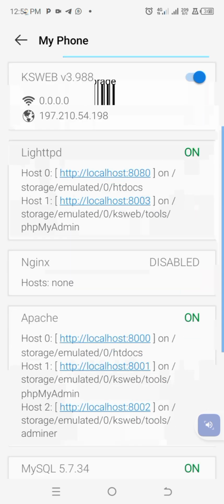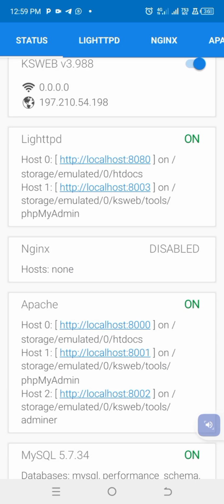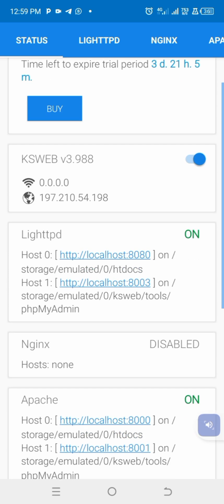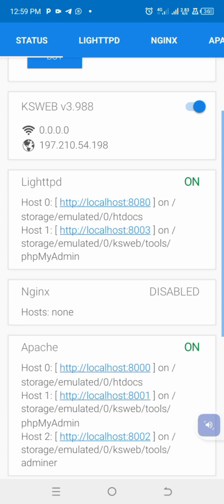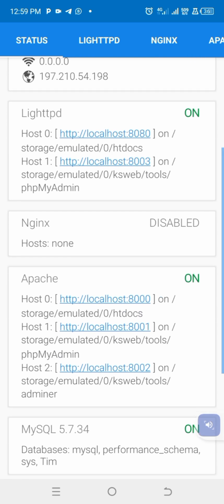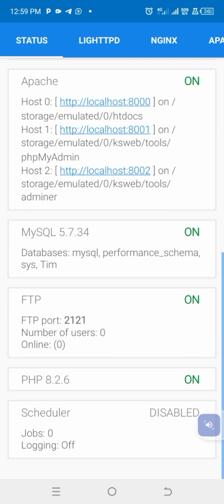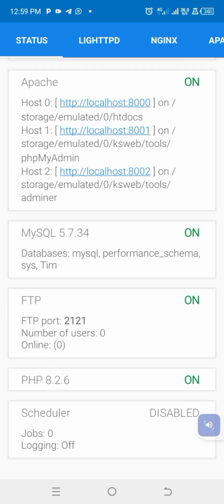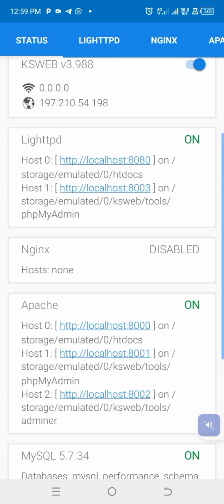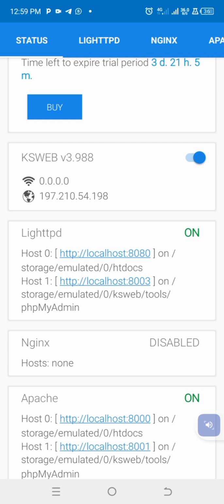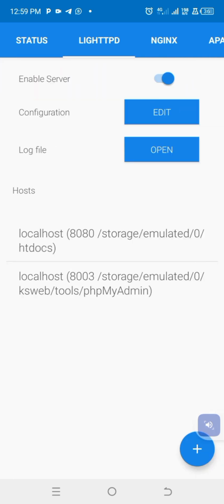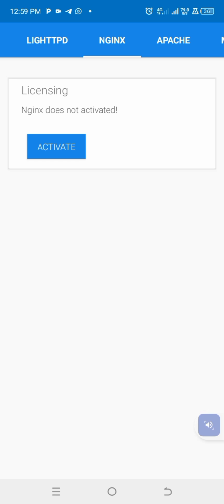Just make sure that Apache is on and the Lighttpd. We have two servers here: we have the Lighttpd, then we have Apache, and we're also going to be using MySQL. The MySQL is the database. So now to turn all those things on, to turn on the Lightweb, you can come here and put it on. Before you can access this one, you need to activate your